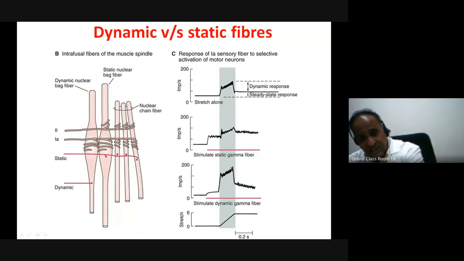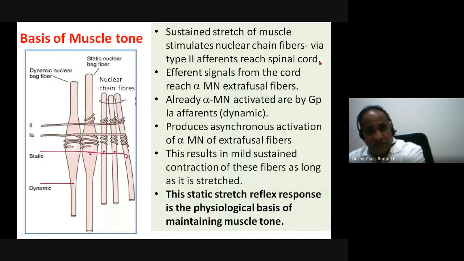There is a sudden increase and then drop down, and this is the static component. Okay, so there is what is called a static and a dynamic interference between the muscle activity. Now, coming back here, I want to mention sustained stretch of the muscle, as happens in our